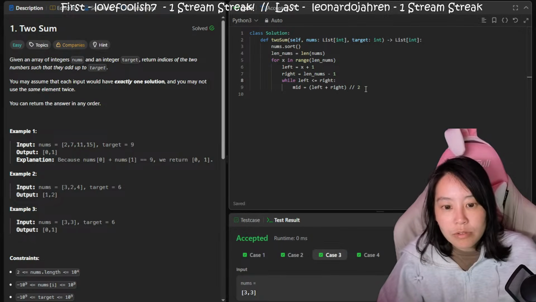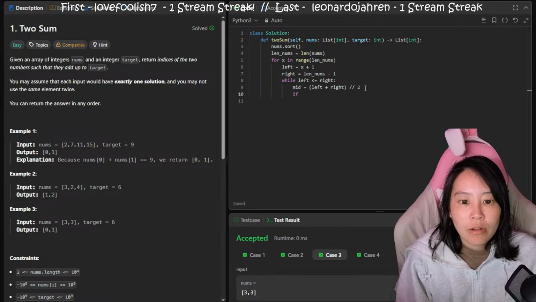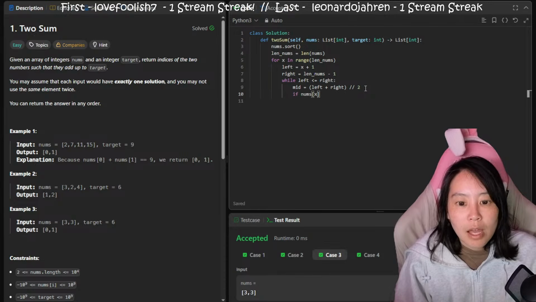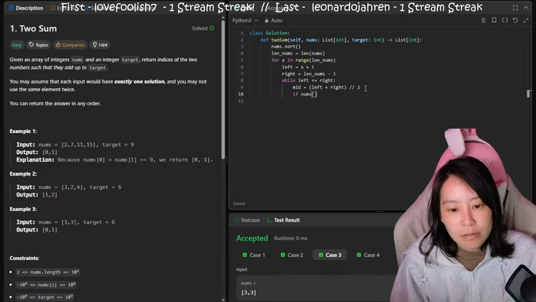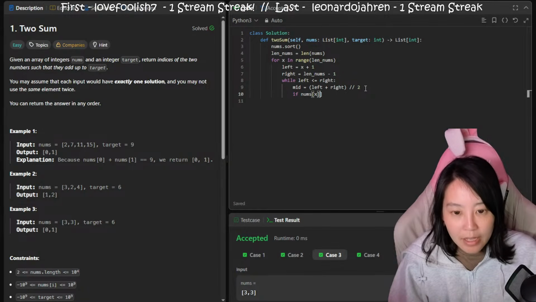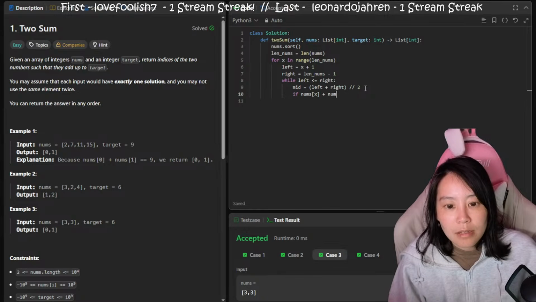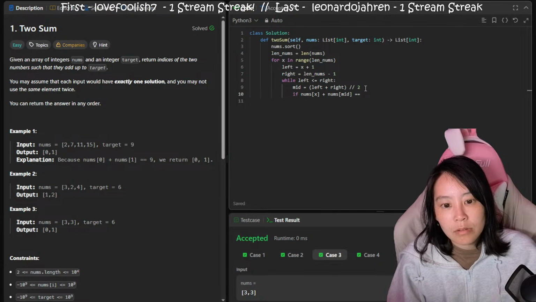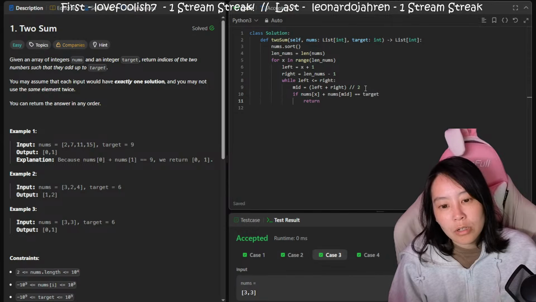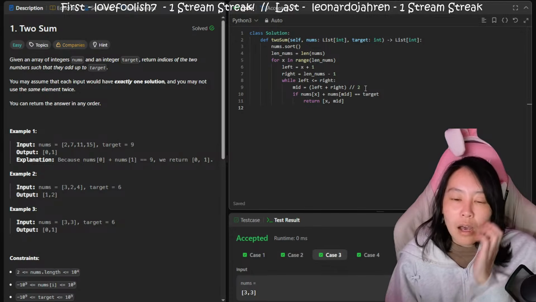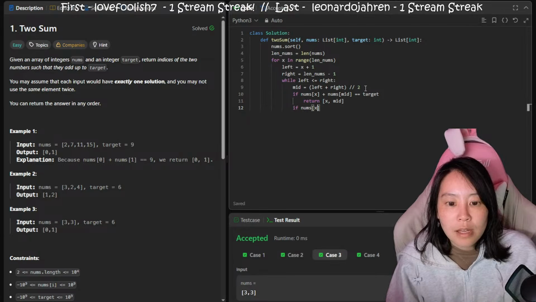I think this would have to be equals. Okay, so then if nums[x] plus nums[mid] equals target, we're going to return x, mid. If nums[x]